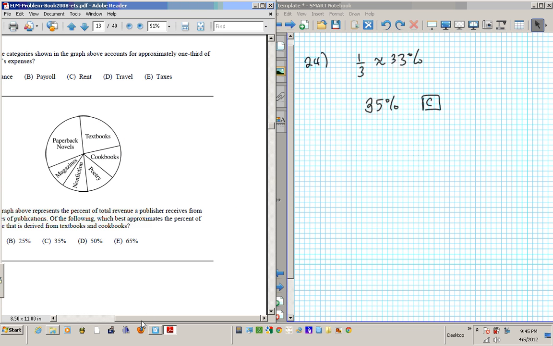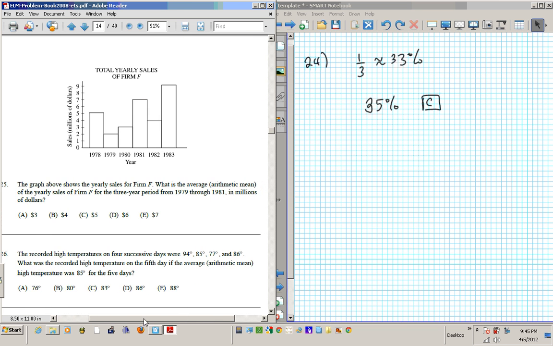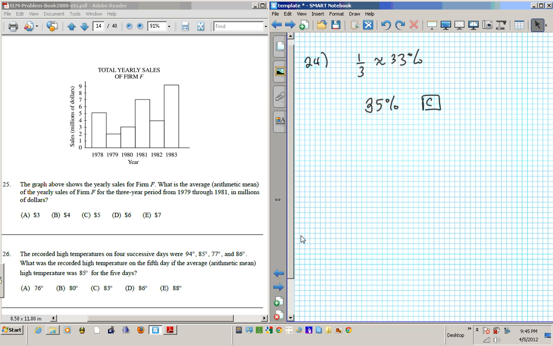Let's take a look at question number 25. The above graph shows the yearly sales for firm F. What is the average arithmetic mean of yearly sales of firm F for the 3-year period from 1979 through 1981 in millions of dollars? So,